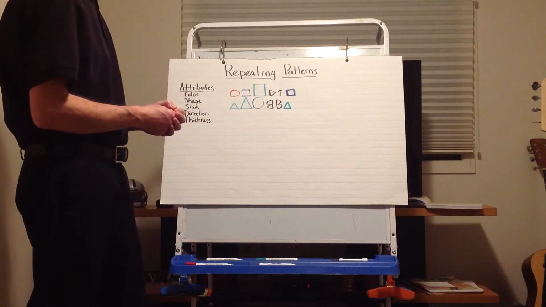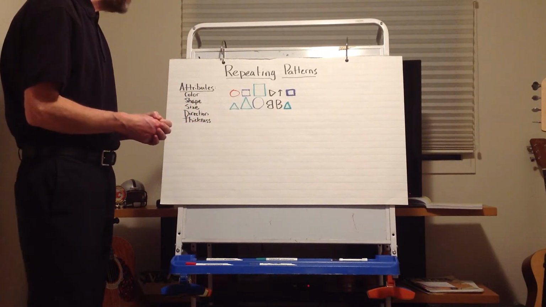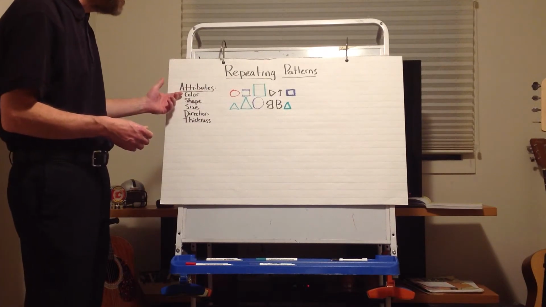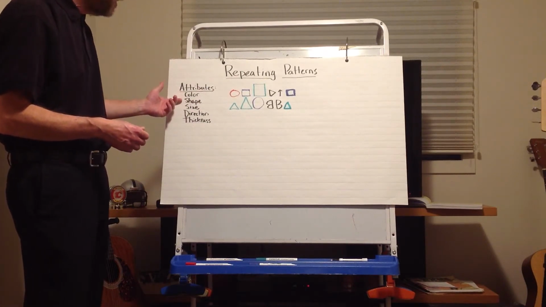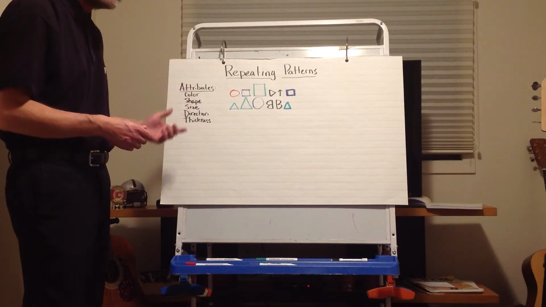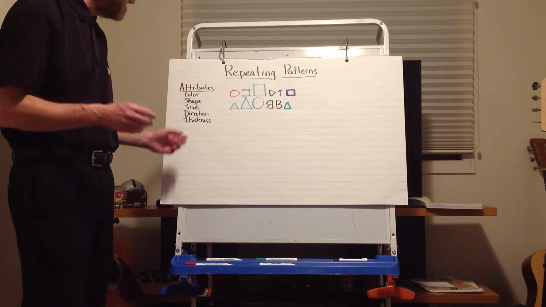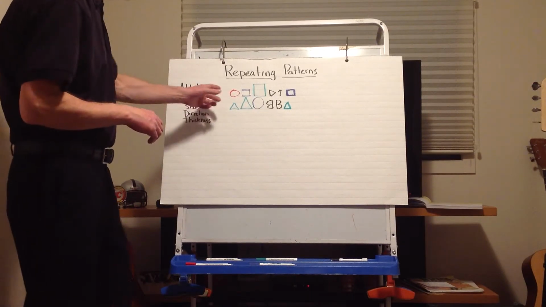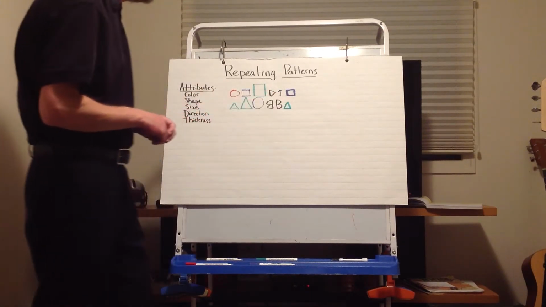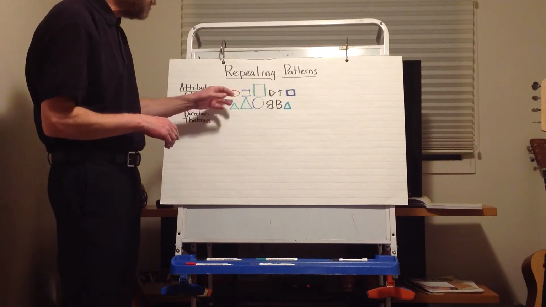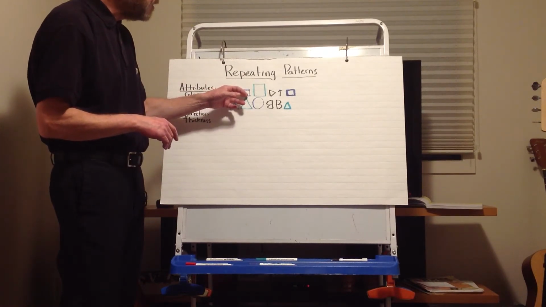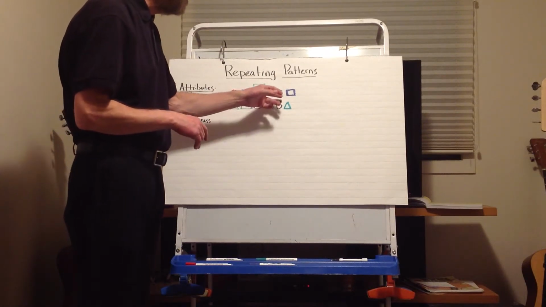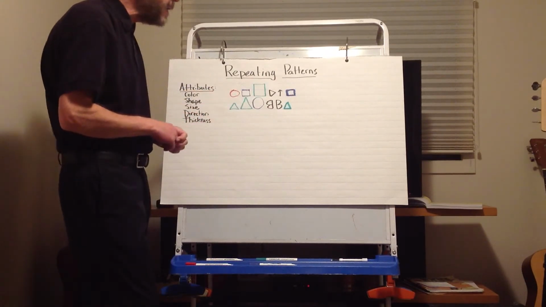Okay, so repeating patterns. I built a couple of cores here and I'll talk about that in a second, but we're working on our attributes. So we've worked on color, shape, size, direction, and now we're talking about thickness, the last attribute for our repeating patterns. So as you can see, I've built two cores here. Now the first core is a small red circle, small blue square, large green square, a sideways triangle, an arrow, and then a thicker